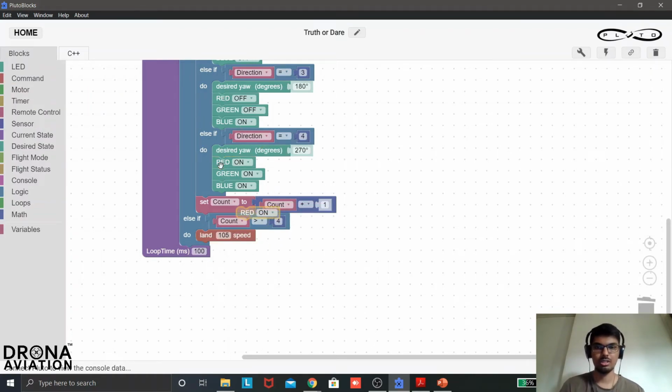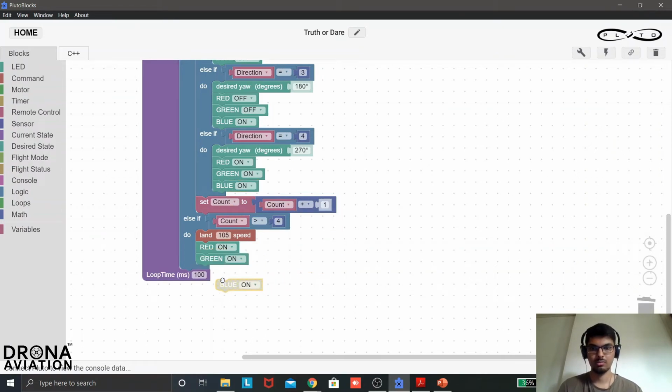I will use these LEDs as indicators. And I'm going to toggle a red and a green, and I will keep blue as off.